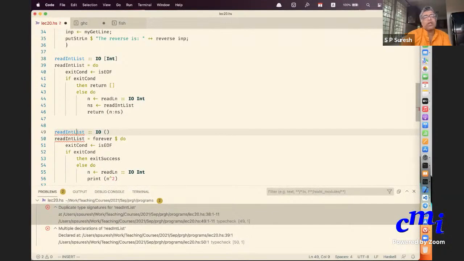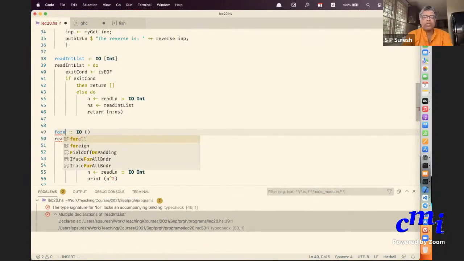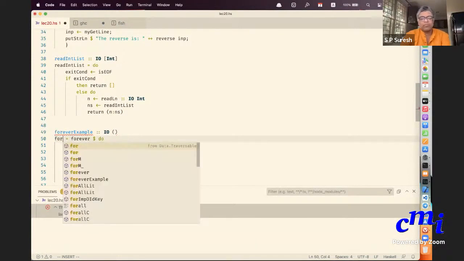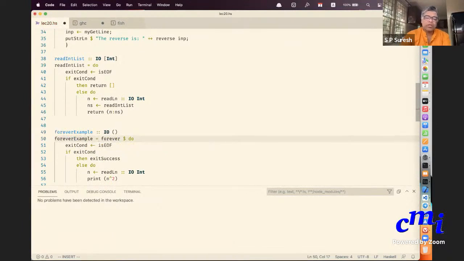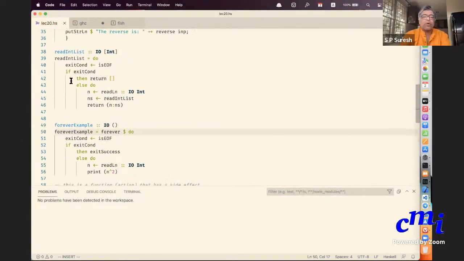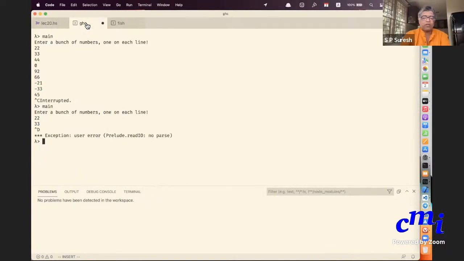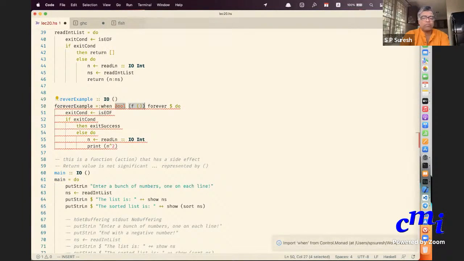This is not really reading an integer list, it's something else. I'll say forever example. That is all this is. Okay, nothing more. Now I can actually go to GHC and import.